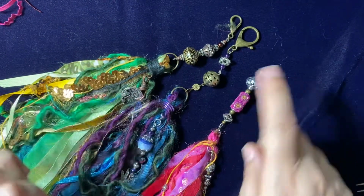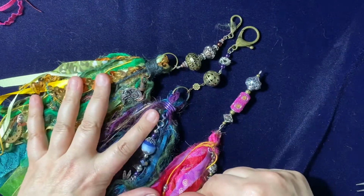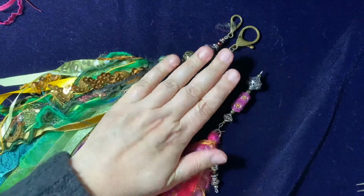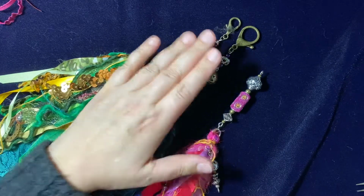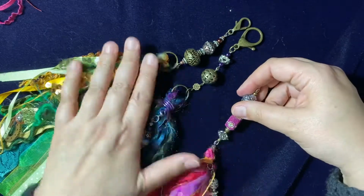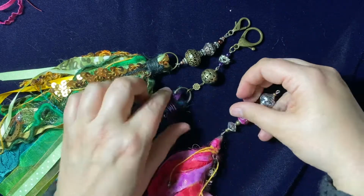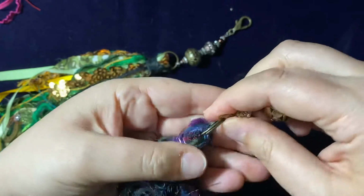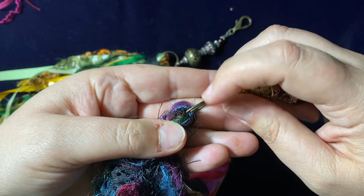I got a lot of questions on how I made my bohemian style chunky tassels. They are quite large. They are much bigger than my hand. They're very long. They are very chunky indeed. These three were made with the same system of using a jump ring or double banded key ring, as you can see here,